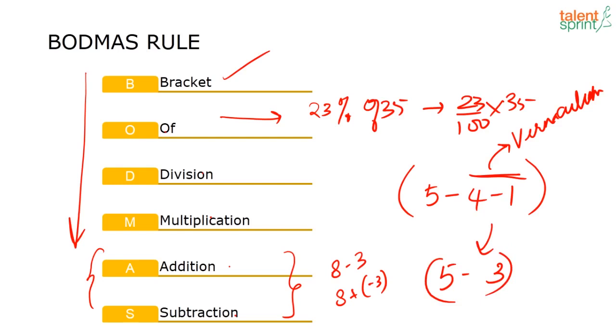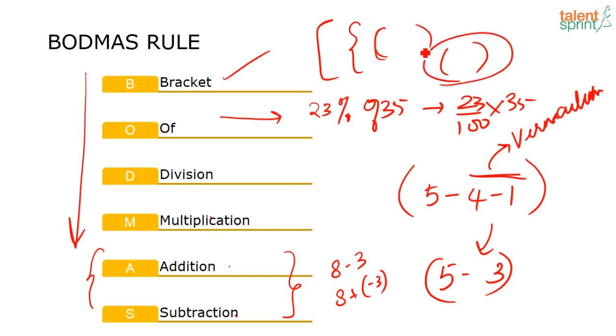Okay, ma'am, any sequence to follow if different types of brackets? See, different types of brackets means always solve the innermost brackets first. For example, generally innermost brackets will be circular brackets followed by these and then square, but even if that varies, whatever operations are there in the innermost bracket, solve that first, then come to the next set of brackets. That's the thing that you will have to keep in mind.